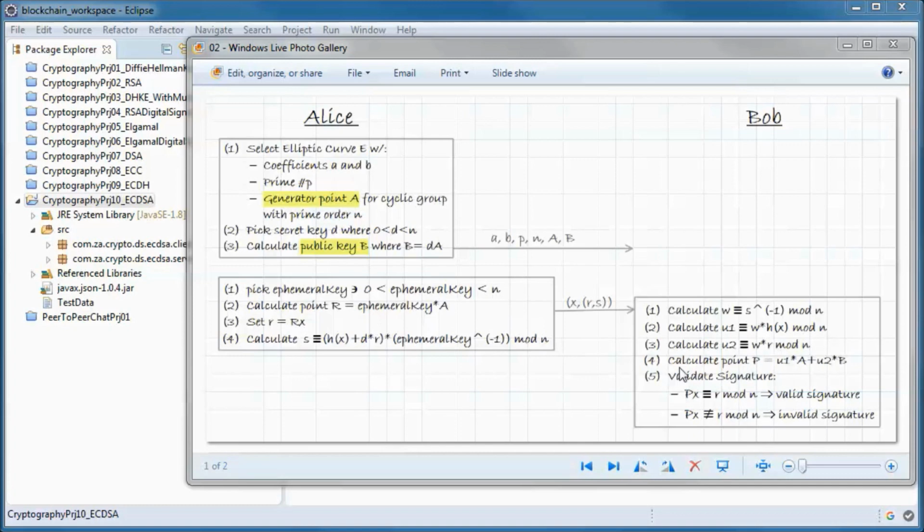And then he calculates the point P, which is U1 multiplied by the point A plus U2 multiplied by the point uppercase B. And finally he validates the signature. So if the x coordinate of this point is congruent to R from here in mod n, then we have a valid signature. Otherwise we have an invalid signature.